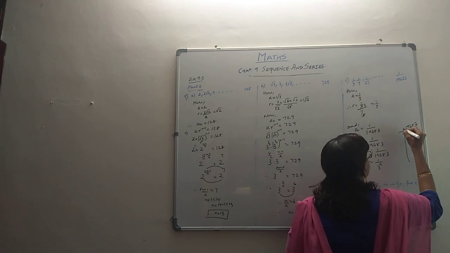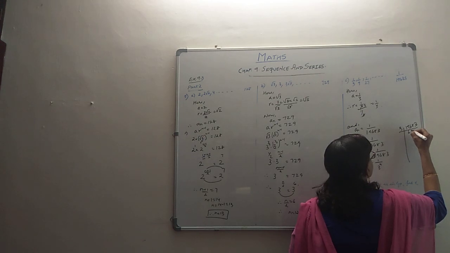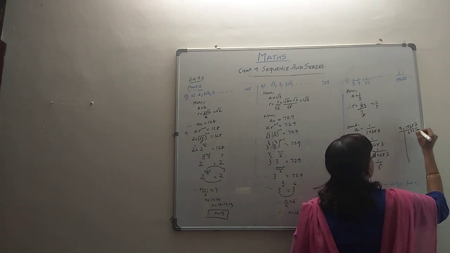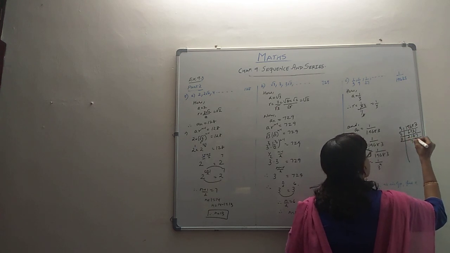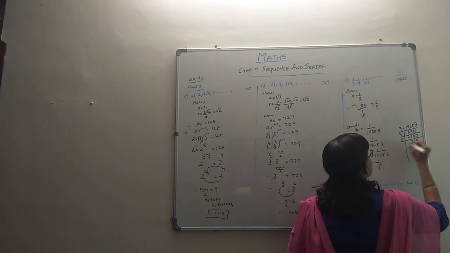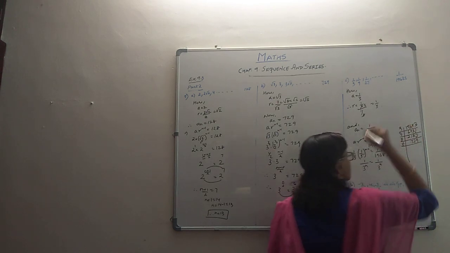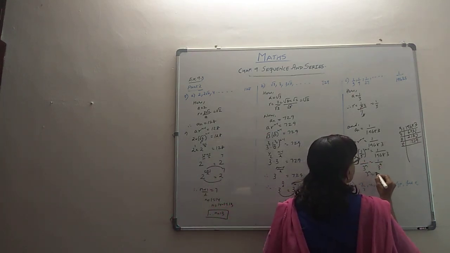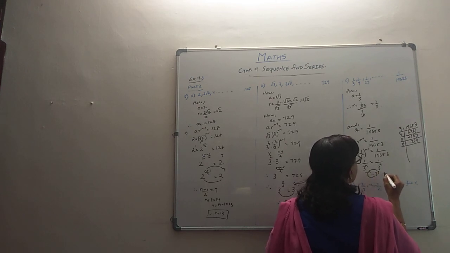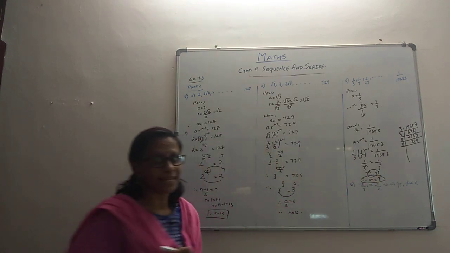19683, 3, 6 18. So 18 means 1. So 3 5s are 15, 1, 6 are 1s are, again 3, 2s are, 1s are, 8s are 24, 7 times. Then 3, 7s are, 2s are, 9s are, and this we already know it's 3 raised to 6. So 3 raised to 6, 3 raised to 7, 3 raised to 8, 3 raised to 9. That's how it is. Now you can have it on the other side. 3 raised to n equal to 3 raised to 9. Bases are the same, you can compare the exponents, and that's how you get n as 9. N will be 9 in that case.